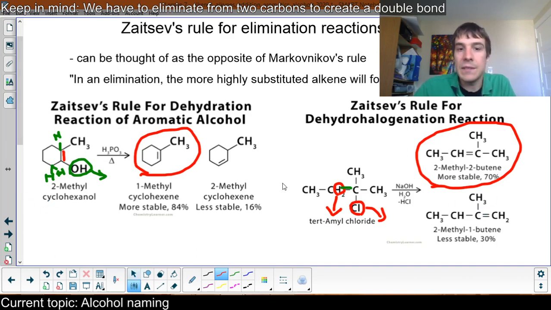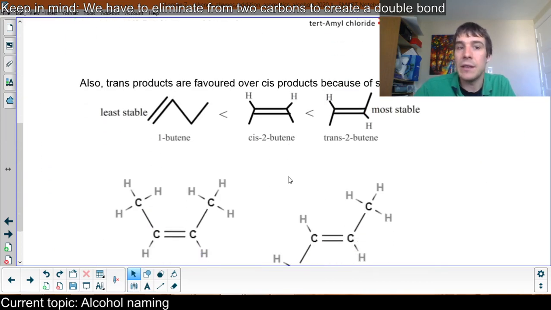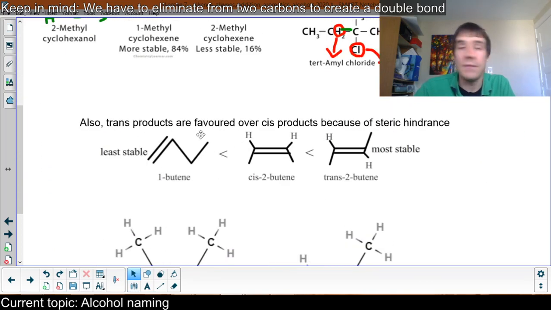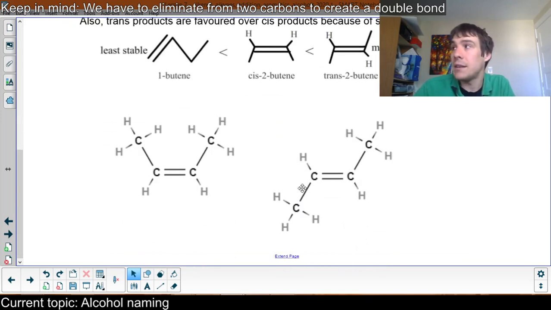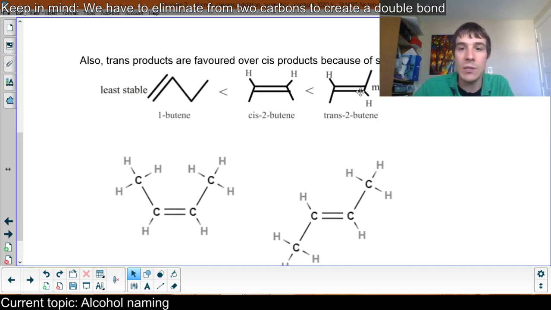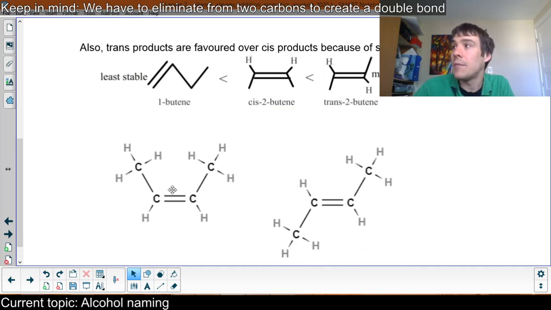There's also a rule for cis and trans, and that one's pretty simple. Trans products are generally favored over cis products because of what we call steric hindrance. And here's a picture of that. Right, in a trans product, the hydrogens are kind of further away from each other, so it's easier to make. It's a more stable compound compared to a cis product where the hydrogens are all kind of getting up in